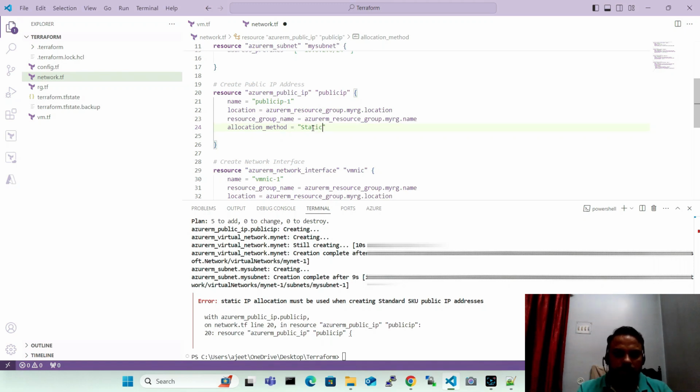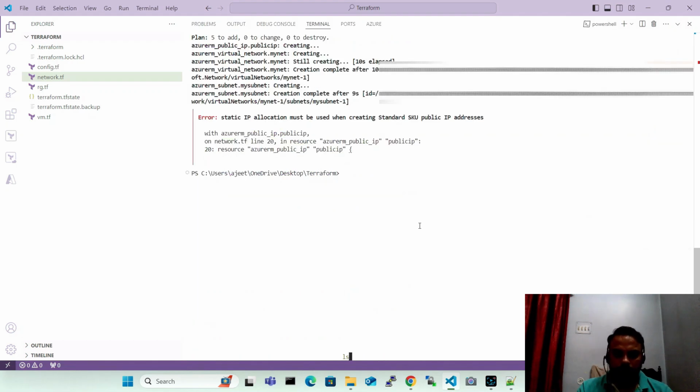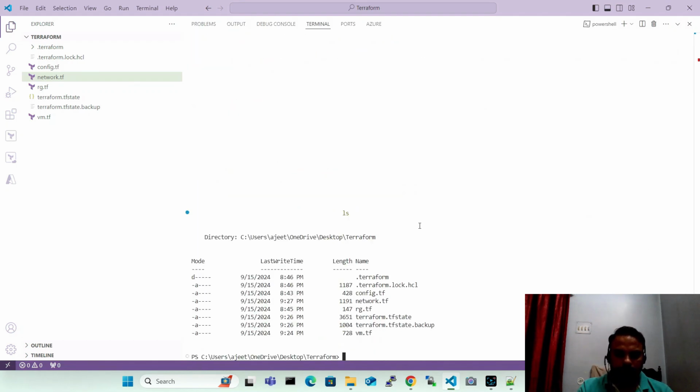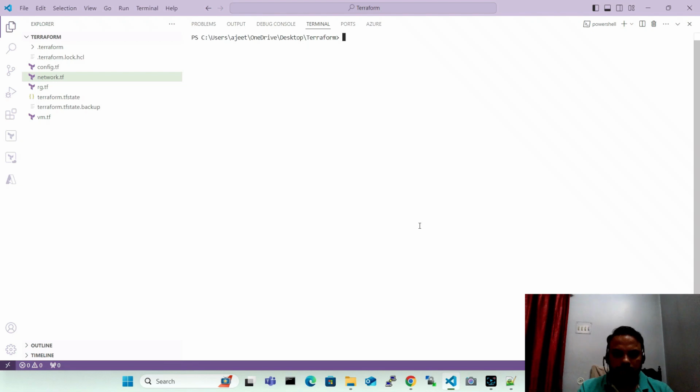Let me use this static and save this file, and let me do the validation. Sorry, first clear the cache, then Terraform validate, make sure everything looks fine,